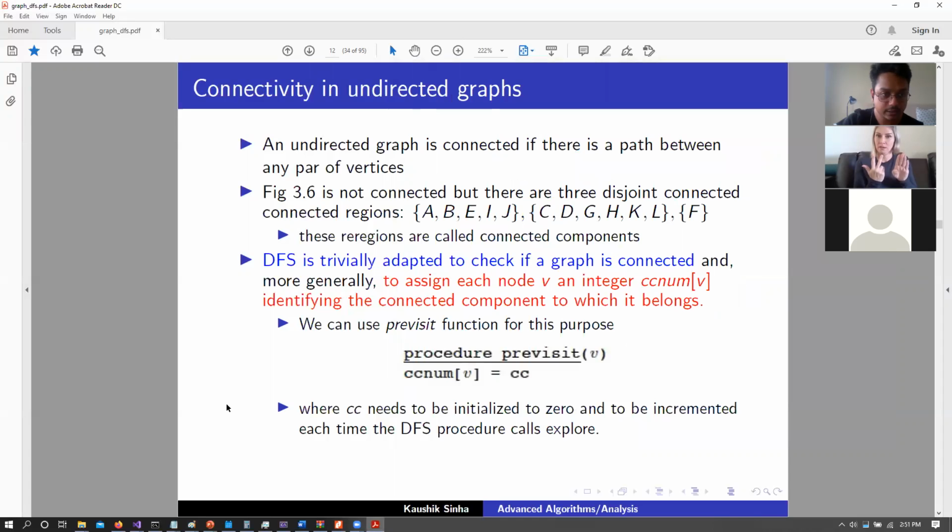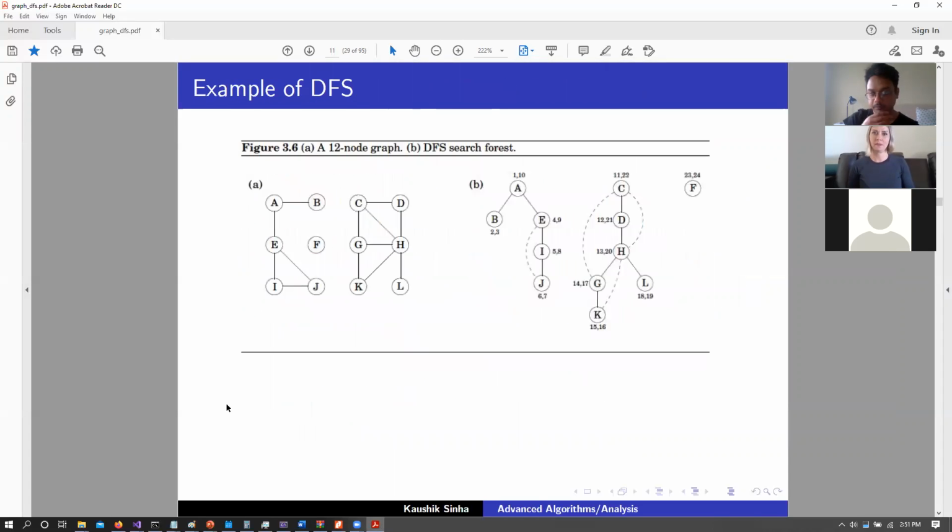Okay, let's look at it. Yeah, but when you explore B, doesn't it go pre-visit A again? No, because A is already visited, right? So we are not even exploring A anymore. Okay, so A is only pre-visited the one time from D. Yes. You always pre-visit something once, and you always post-visit something once. I thought you were saying you pre-visited A when you were exploring C.